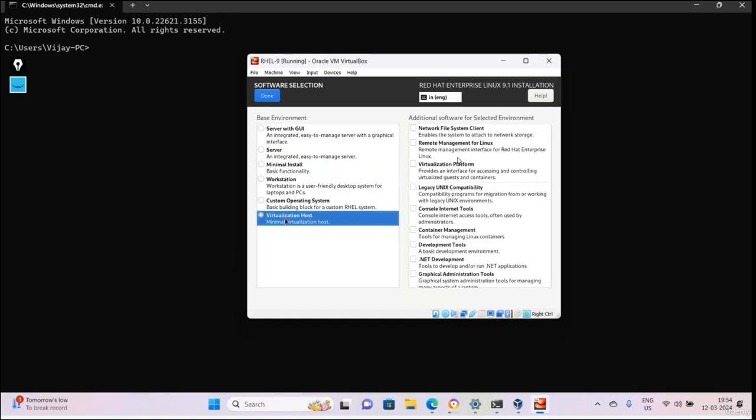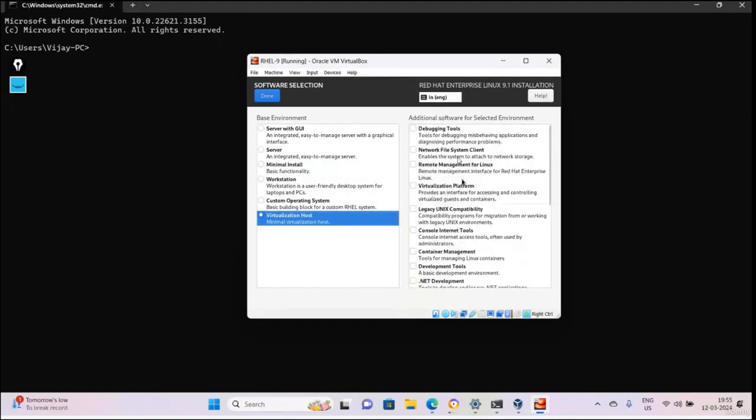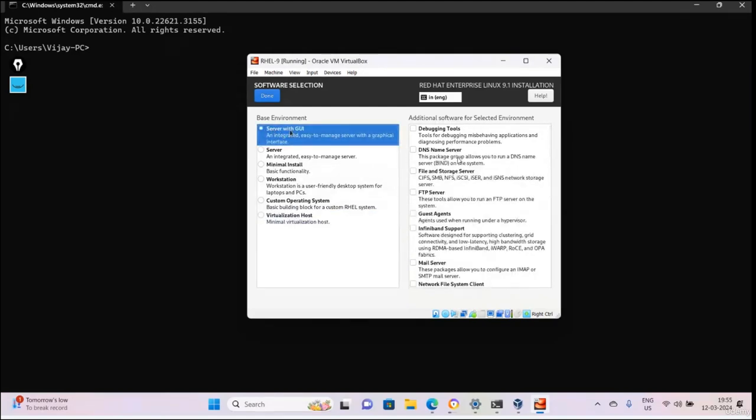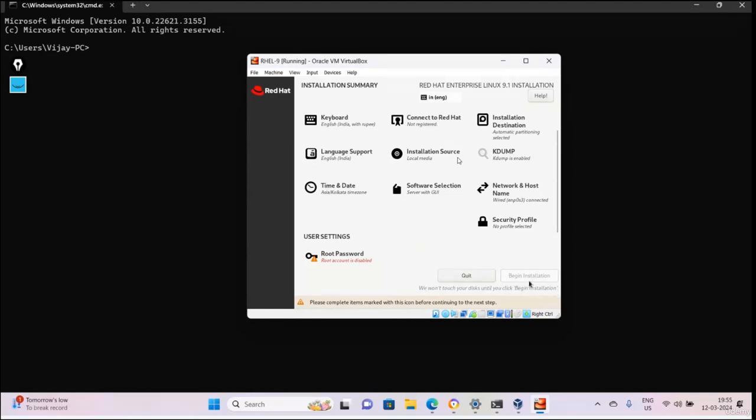The graphical interface will not be available. If you want a virtualization host, you can use this, and there are multiple options. Right now, I am selecting this server with GUI. Based on your requirement, you can select any one of them. Then done. Once you are done, everything is done, but the begin installation button is not highlighted because